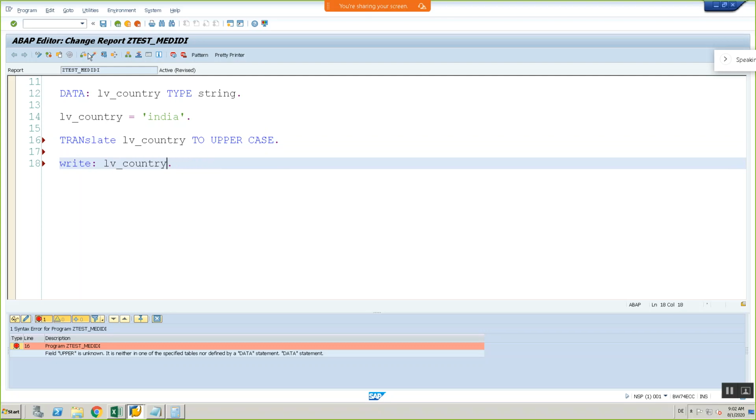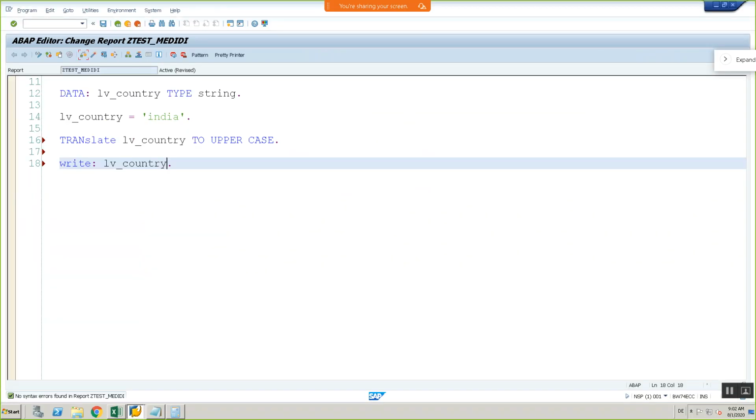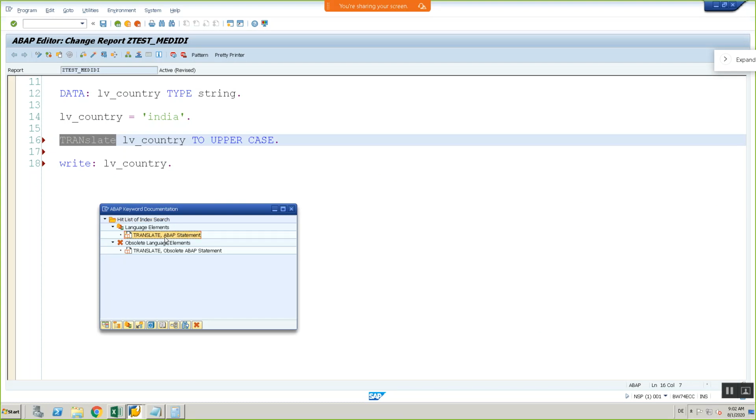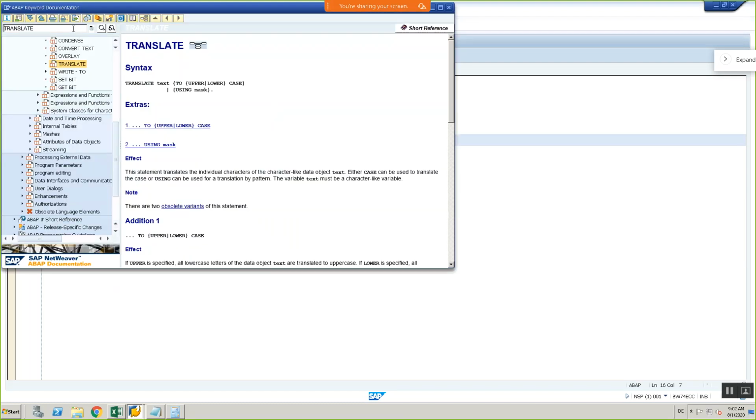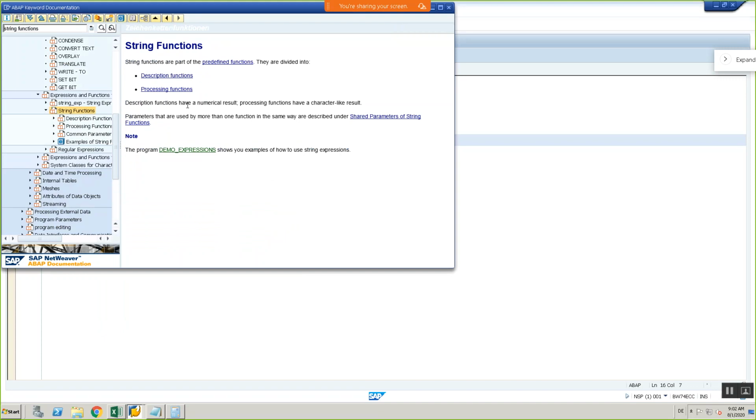There are some string functions actually.